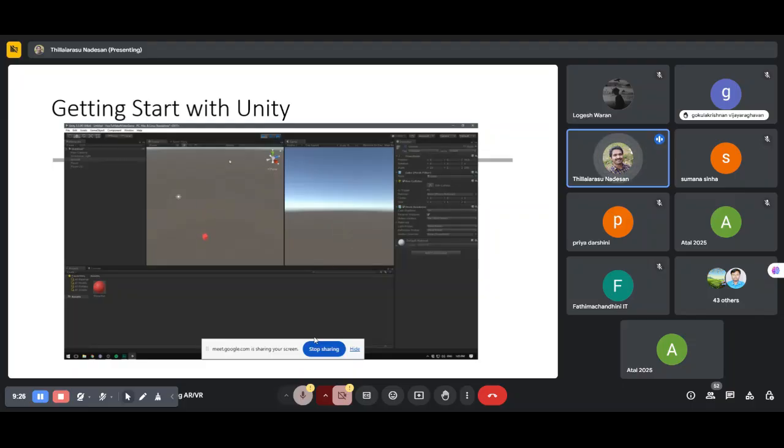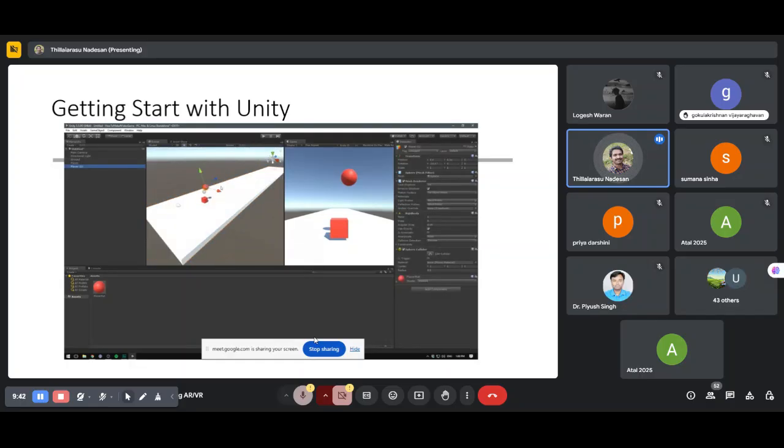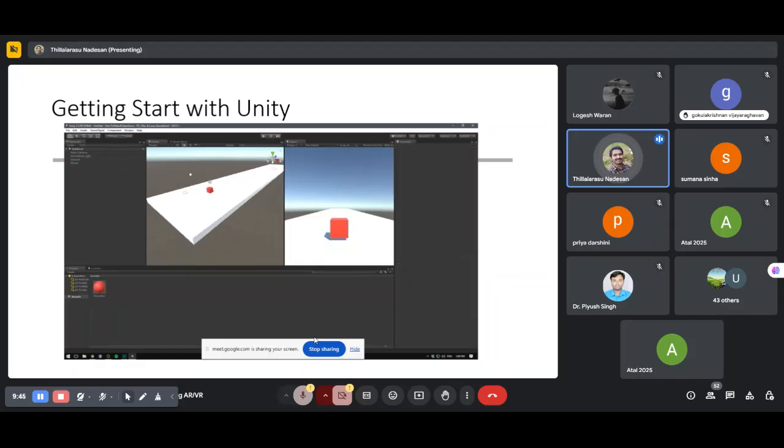If you are experienced with draw.io, how you are supposed to design and draw the diagram online, the same way here also. But here we can get a 2D or 3D object of the same thing. Okay, so this is the overview of the Unity tool. Why? Because I am unable to tell you each and everything, so I'll give you a simple glimpse.